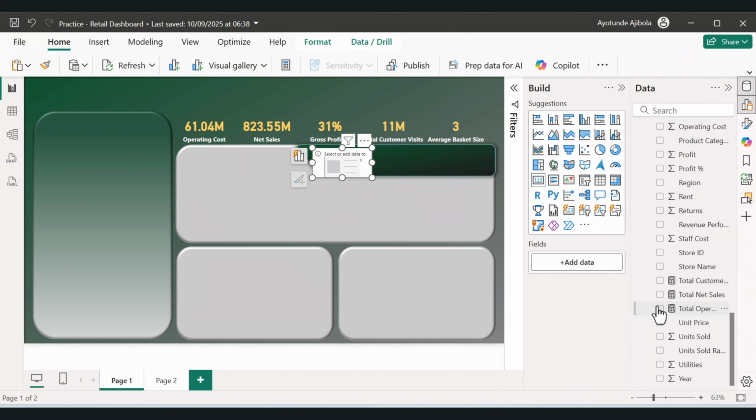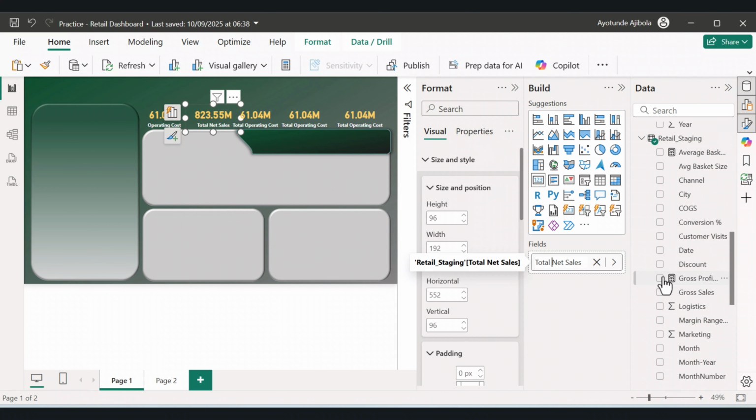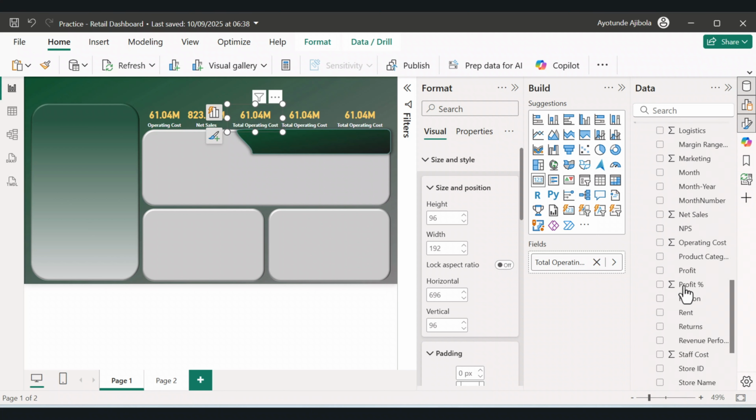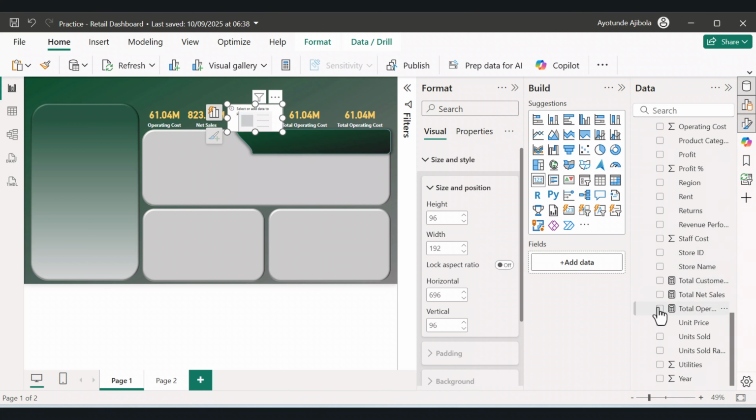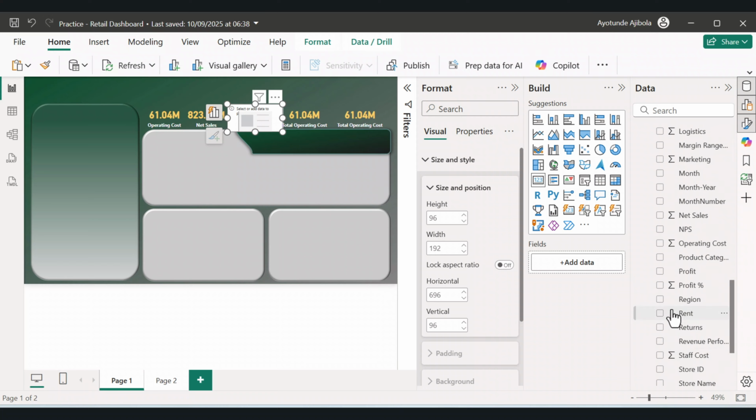So let's have total removed and have just net sales present. Now for the third card, what do we want to have in there? Gross profit percentage. So let's have the current field removed and we'll have that replaced with the gross profit percentage,